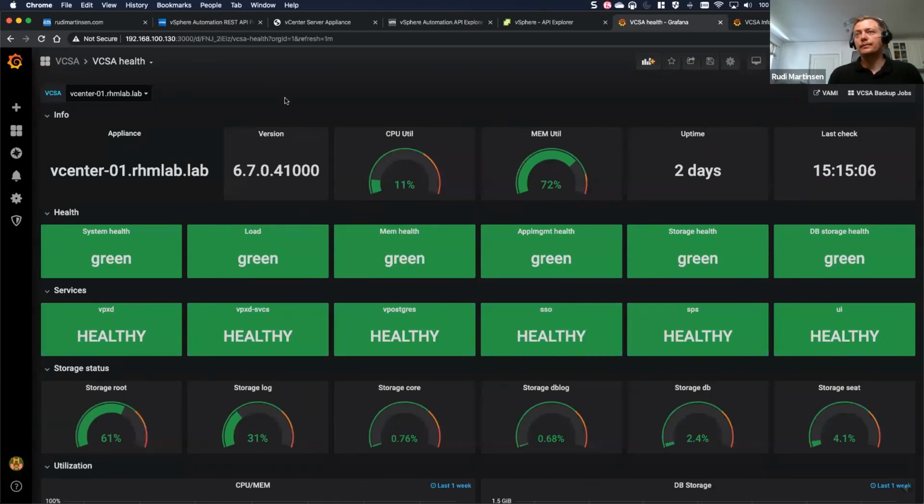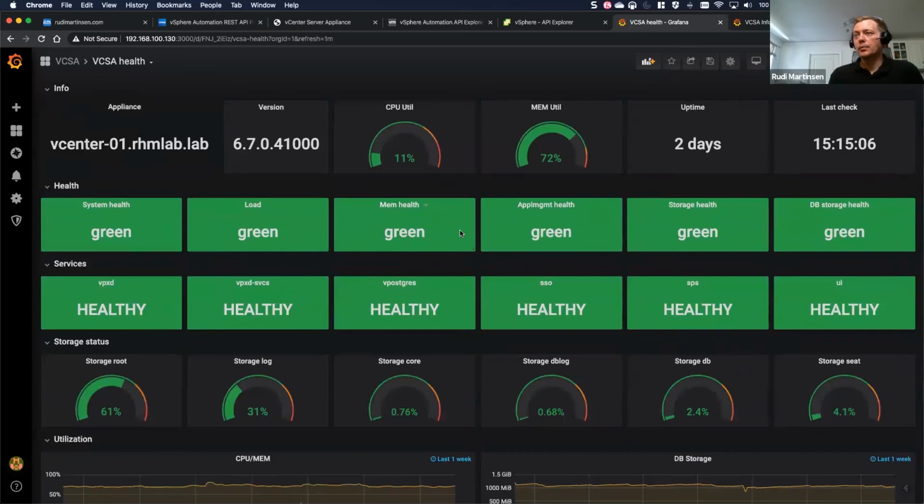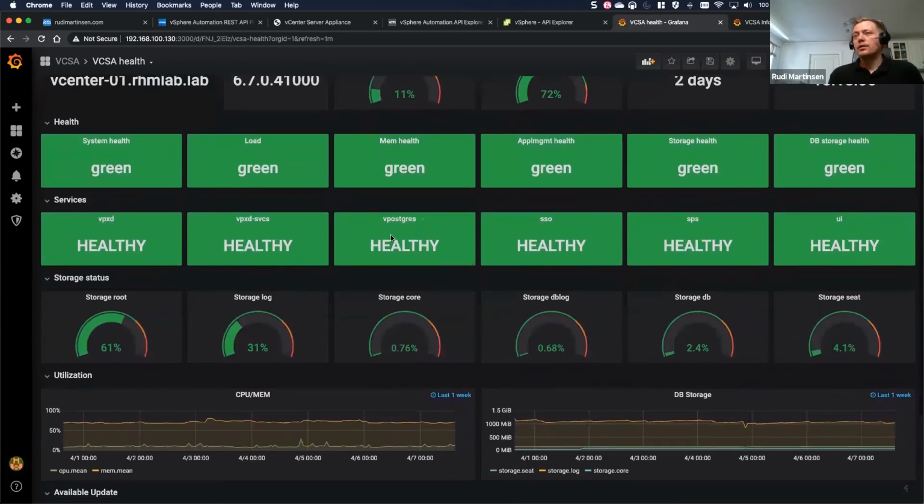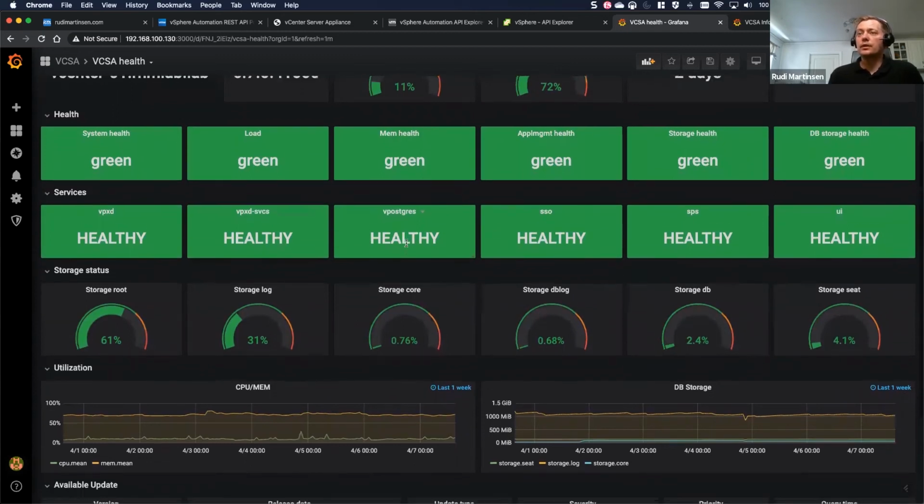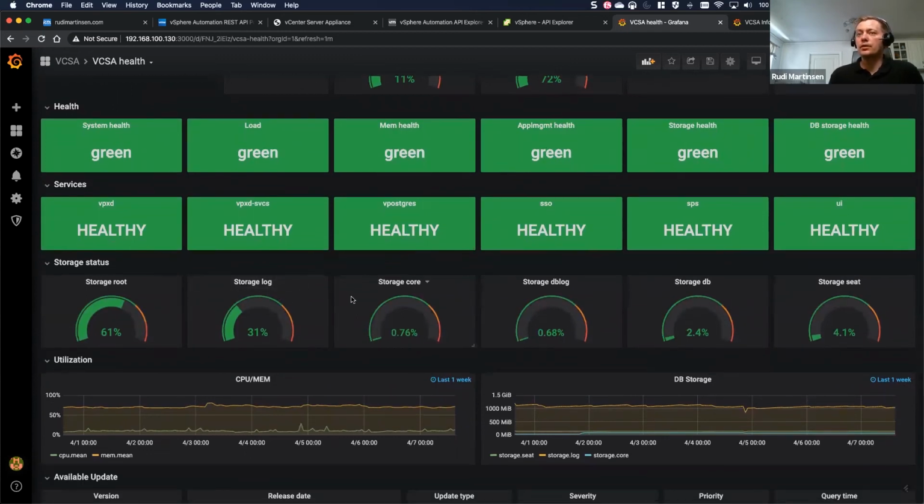This is a finished dashboard for my lab environment. Again, with some information at the top here: the version number, CPU and memory utilization, uptime, etc. We have the health boxes, the services. I've just selected a few in this example. We have the storage utilization,